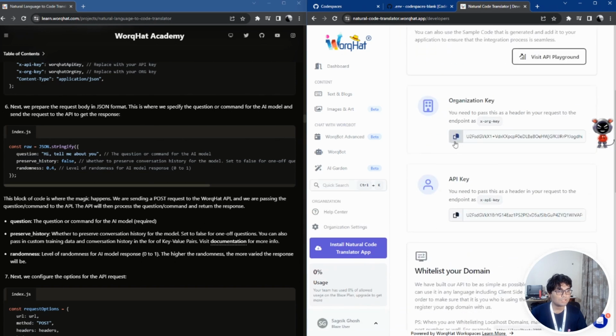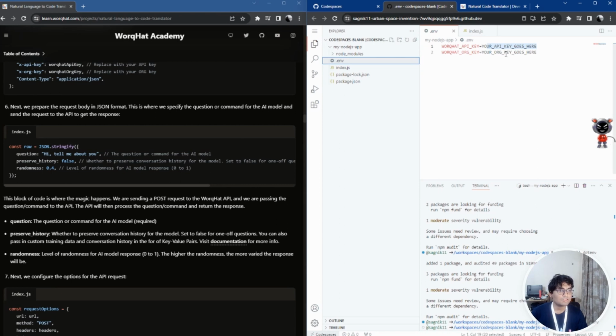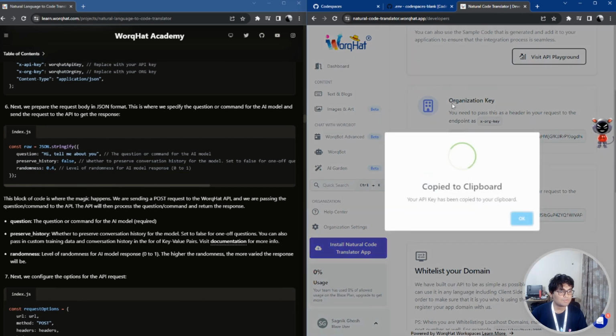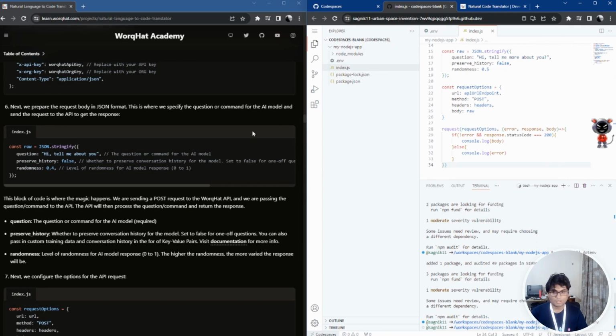Right, I have the organization key and the API key. So I'll copy the organization key and put it over here. My organization key is ready, and I'll put the API key as well. Here's my API key. So I have put in my organization key and API key, and I think we are good